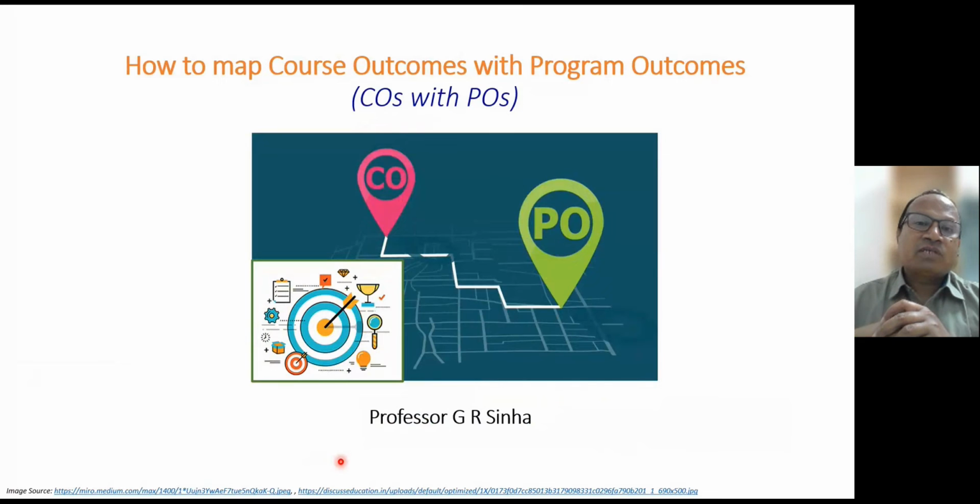Powerful program outcomes and powerful course outcomes clearly describe the abilities of graduates after completing a program and also after attending a particular course, because we know that when a graduate does a